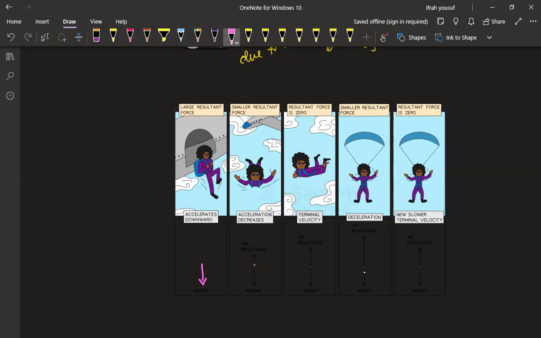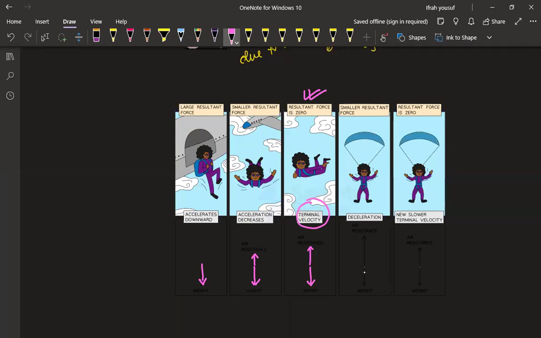So there is another force that starts acting on it, that is air resistance, and the weight is still there. You can see the size of the arrows, both are different. Finally the size of the arrow of air resistance increases until it is the same as the weight. Both are balanced, so the body does not have any resultant force. This is the time where the body reaches the terminal velocity.